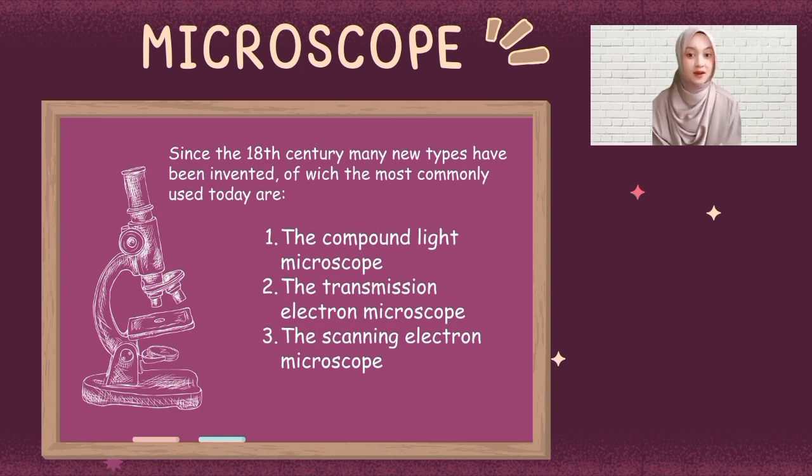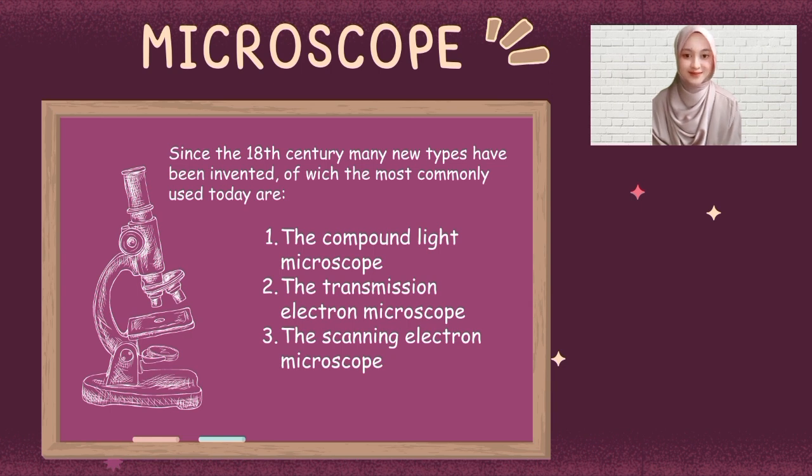The second is the transmission electron microscope. This microscope is used to study the details of the internal structure of cells. As for how it works, the electron magnet will bend the electron beam to focus the image onto a fluorescent screen or photographic film. This microscope can produce clear images that are magnified up to